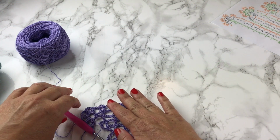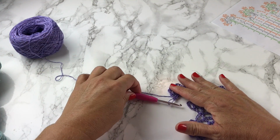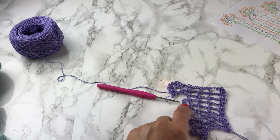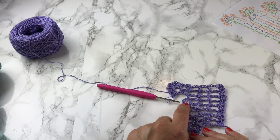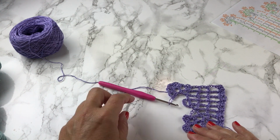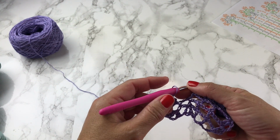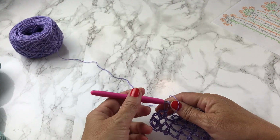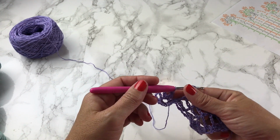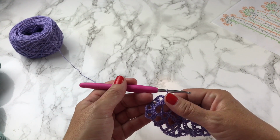So I'm going to show you that on the yarn, and you see we are now again facing the bottom side of our work, which is where we want to be, so that we can single crochet into that chain 6 space from a couple rows previous first. So we're going to single crochet there and then come back around and work petals into these chain 3 spaces. So I'm going to pick up my work, get the yarn facing properly. Okay, we're going to single crochet into the chain 6 space from a few rows previous, then turn our work,